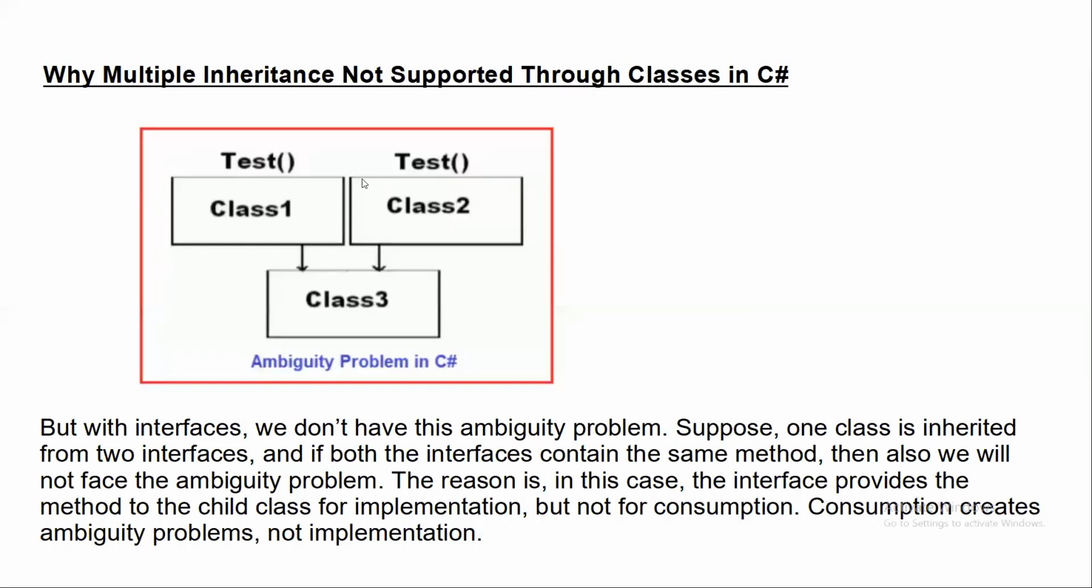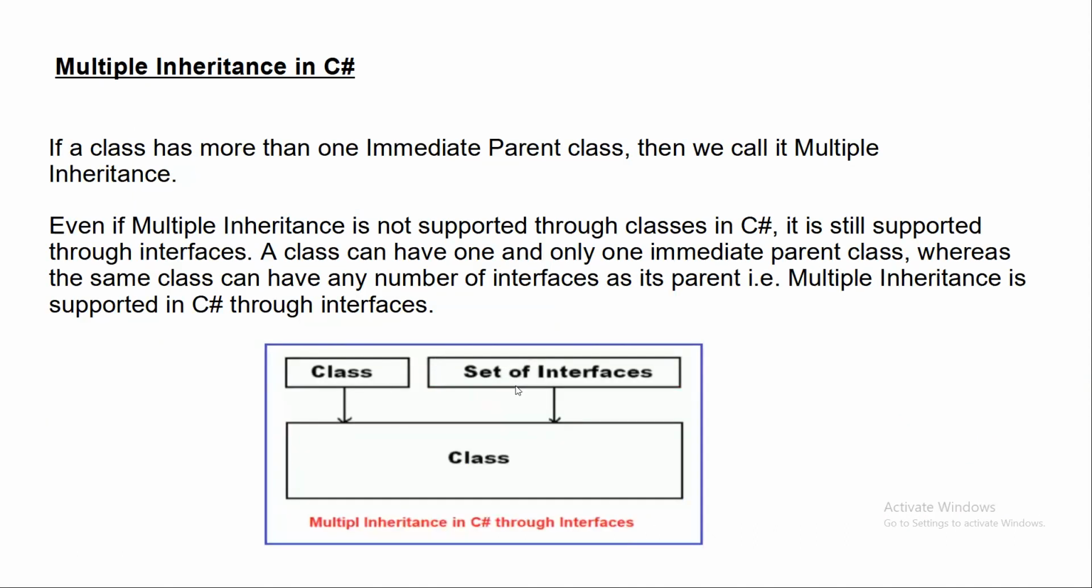So this is the reason why multiple inheritance is not enabled through classes. Same method in two base classes, so there is no way I can tell the compiler to execute from this class or that class. It has an ambiguity problem. But if you use an interface,